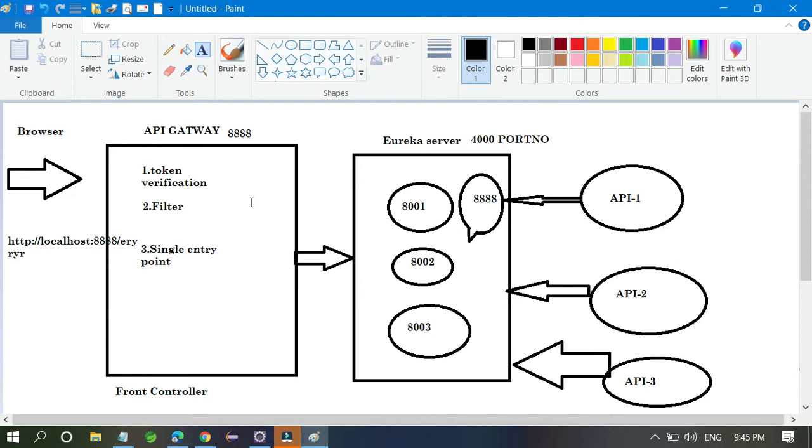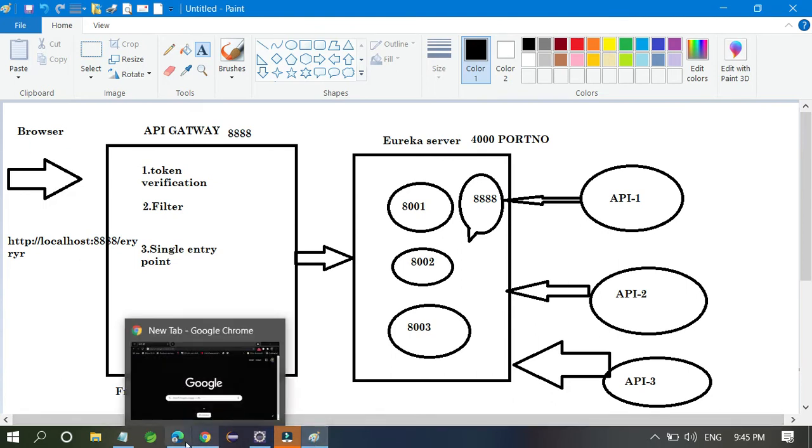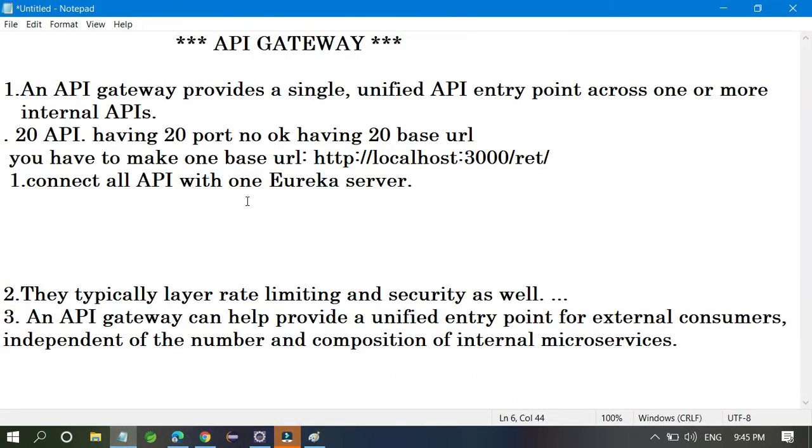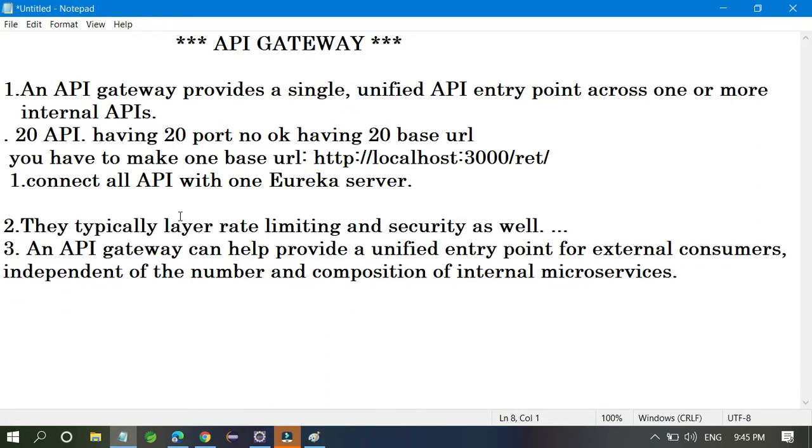You have to understand what the API gateway is. Okay guys, I hope you understood a little bit about the role of the API gateway. Apart from this, the second point I have to cover is rate limiting and security as well. You can handle the security part in the API gateway.